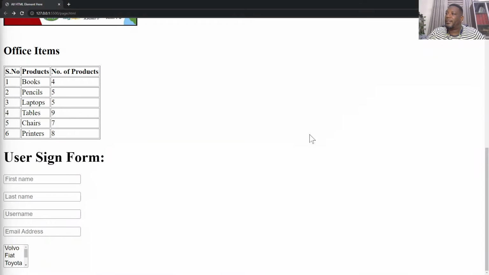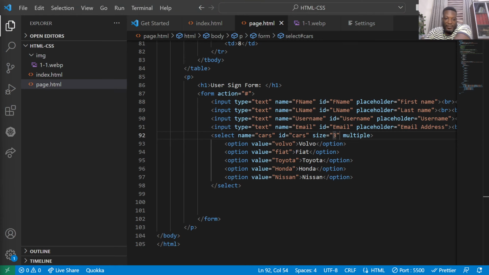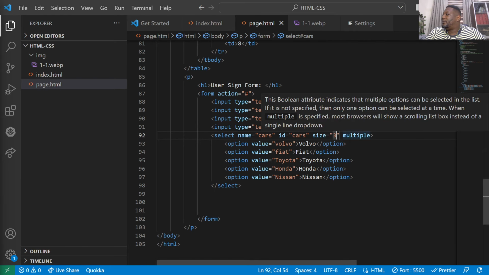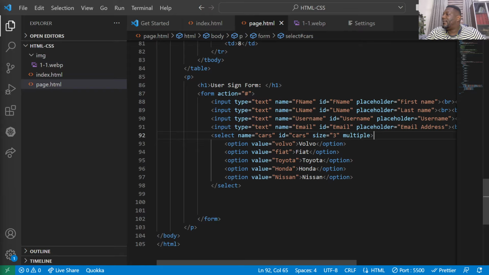So coming back again to the page, you can see we have only 3 displaying in here. So we can scroll to get the others. And because the text is not wide enough, it's a little small. So what we can do is to increase the text by, we can have, there are times users